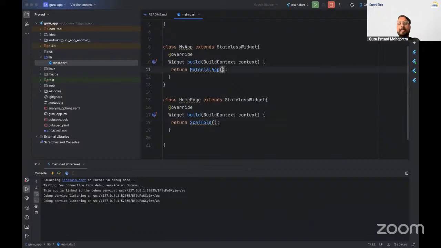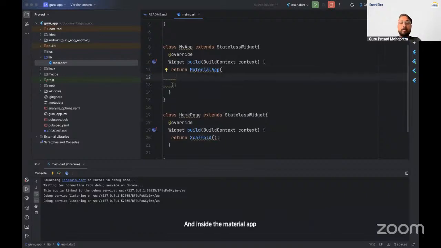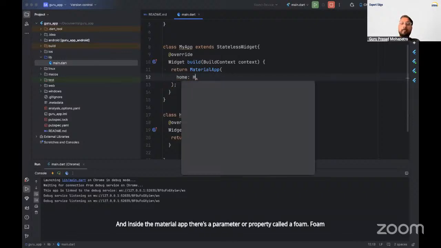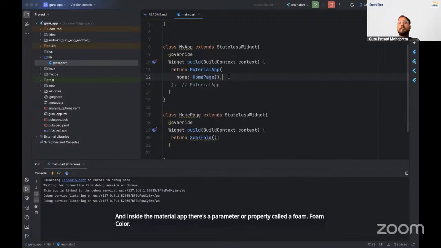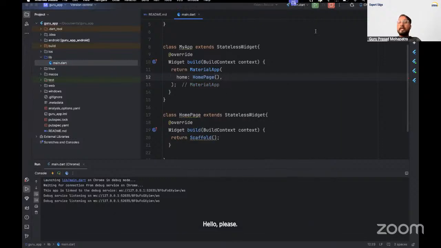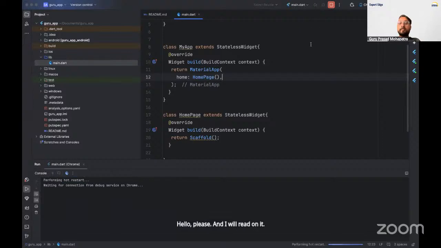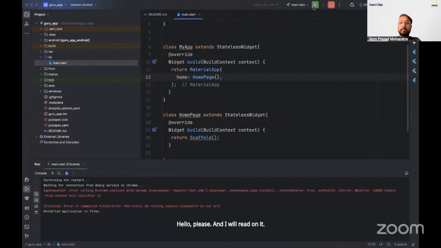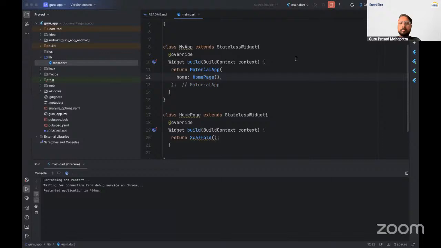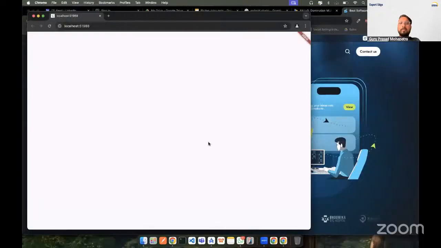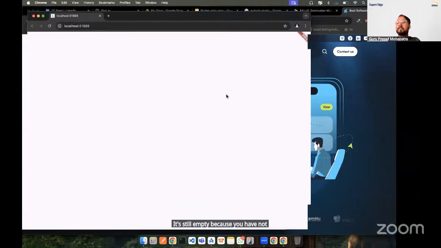And inside the MaterialApp, there is a parameter or property called home. Home colon HomePage. And I will rerun it. It's still empty because we have not written anything inside the page.